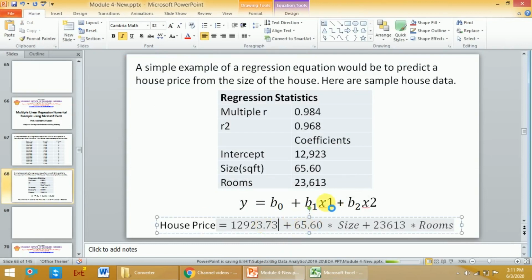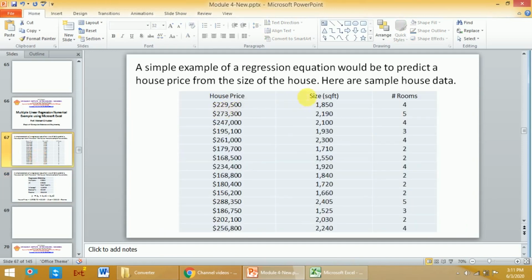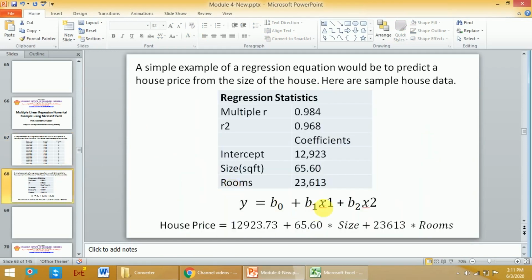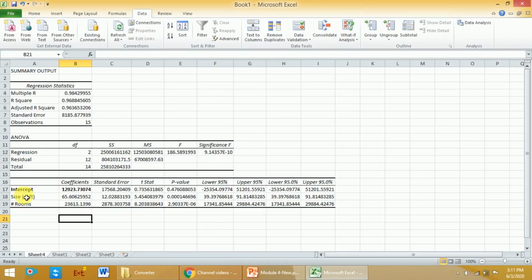Now we need the coefficient of the first independent variable. What is the first independent variable we have? The first independent variable is size in square foot and the second independent variable is rooms. So I need the coefficient of size and then the coefficient of rooms. Go back here, you will see size in square foot and its value is written here. The coefficient of size in square foot is 65.60.